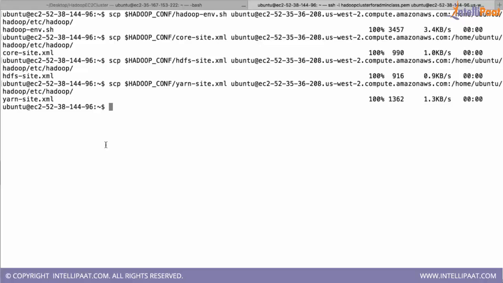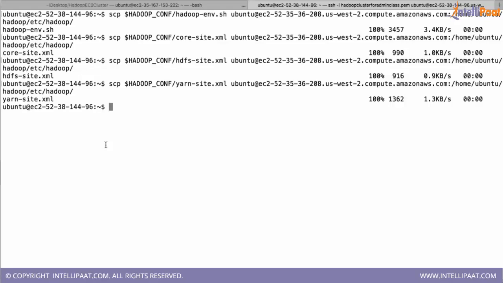I'll just recap what we have done after the previous session. In the previous session we created the EC2 instances, 4 EC2 instances. Then we downloaded the Hadoop software on all the 4 machines. We extracted and renamed the folder to hadoop.